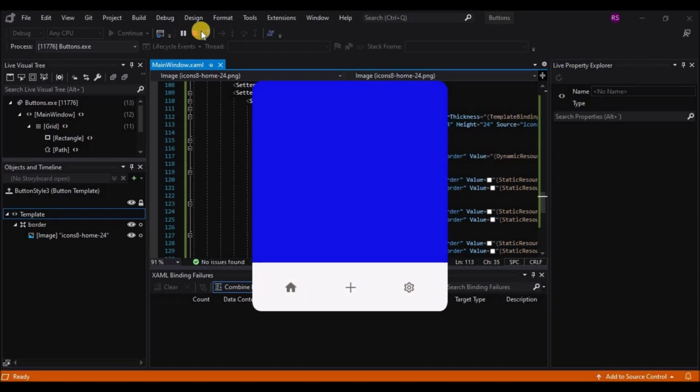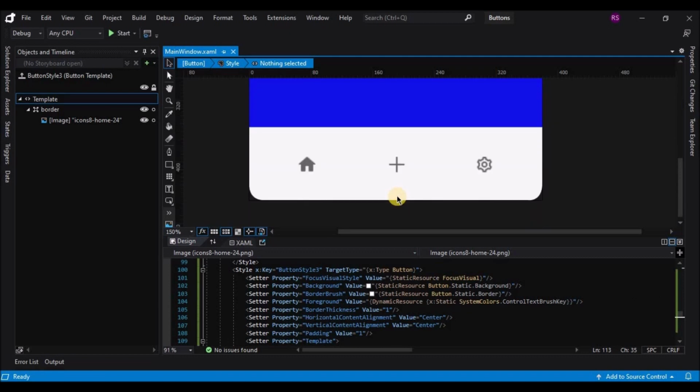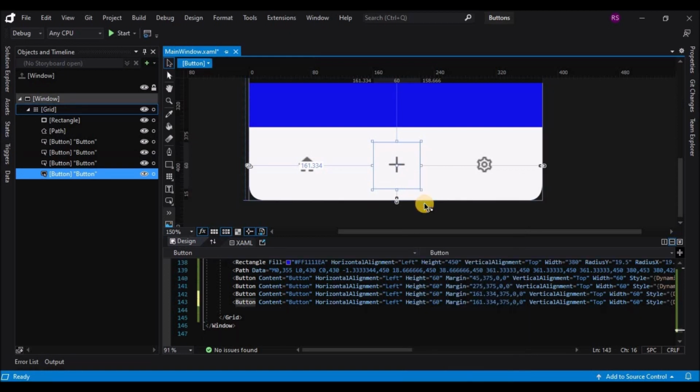So next let's copy and paste the icon button in the center and change its icon by going to edit template and editing a copy, and go to the image and change the image to a different icon.